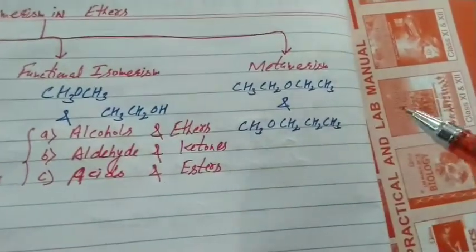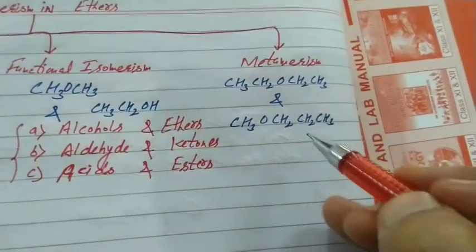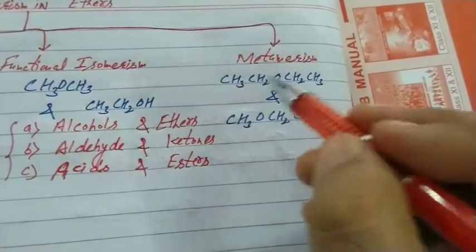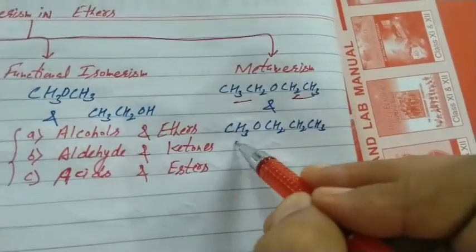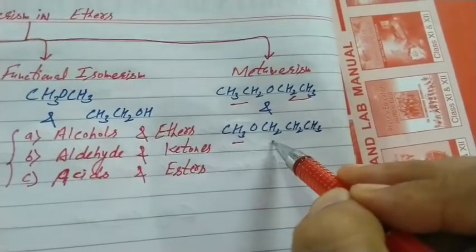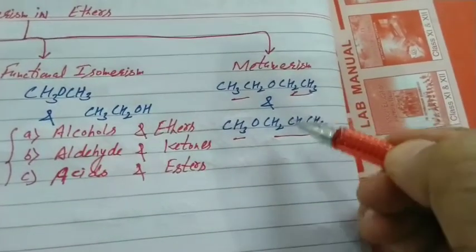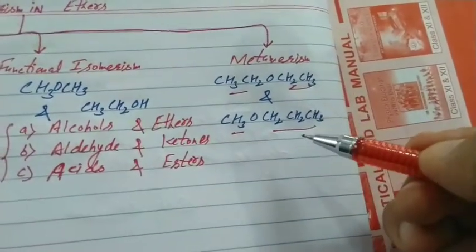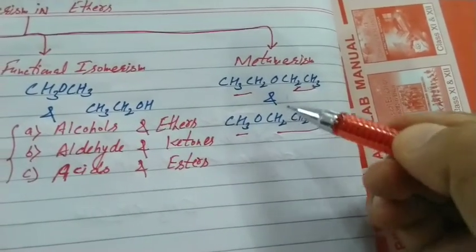Isomers differ by the nature of alkyl group which is in link with similar functional group. Both are ethers. It is symmetrical ether, both ends contain 2 carbons. It is unsymmetrical, one end contains 1 carbon and the other end contains 3. This pair shows which isomerism? Metamerism. Isomers differ by the nature of alkyl group with similar functional group.